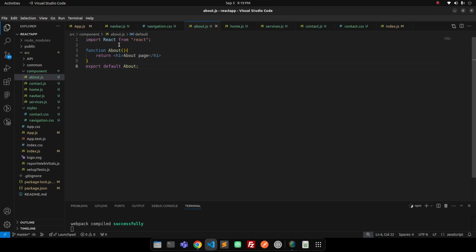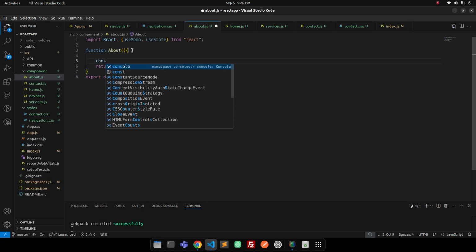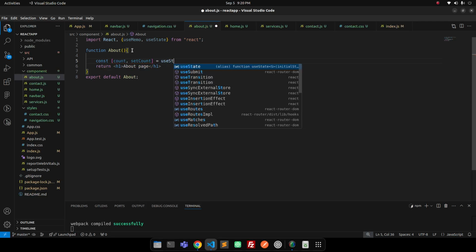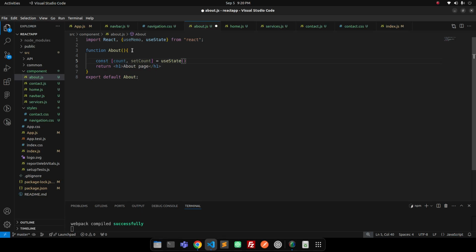So let's get started. First, let's import the hook we are going to discuss today, useMemo, and useState, which is for holding the states. Here we will write the definition for state, like const count, simple as that. I will describe what we are doing. It is useState, and the initial value will be 0,